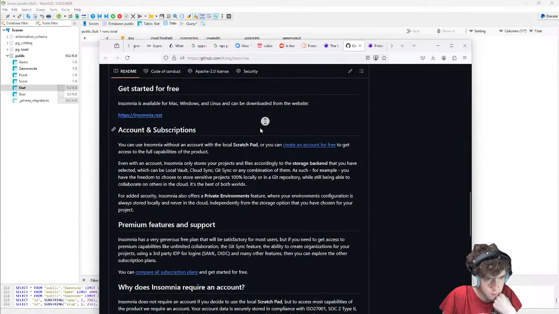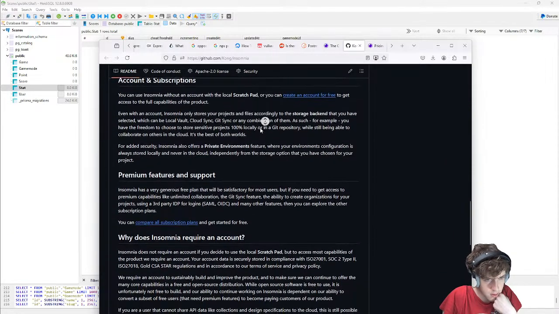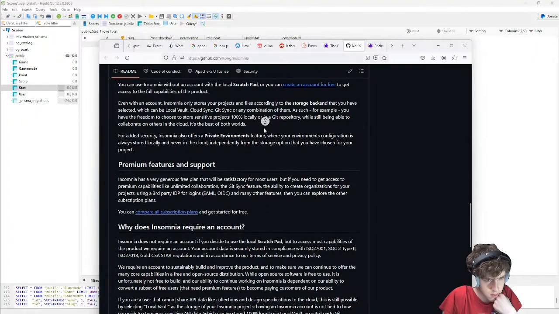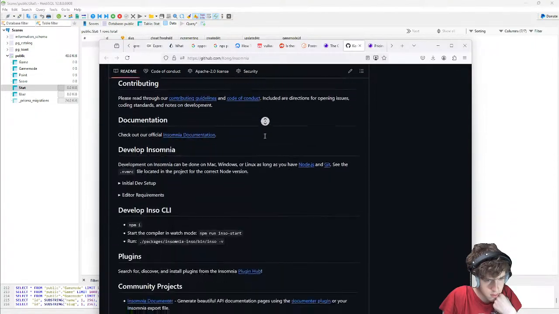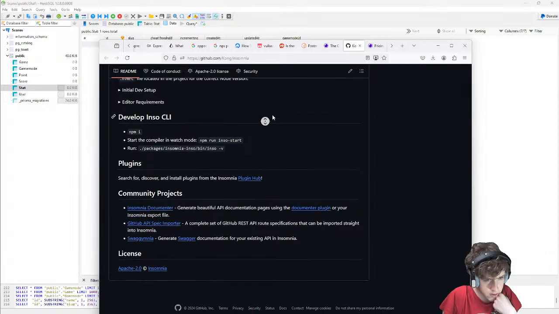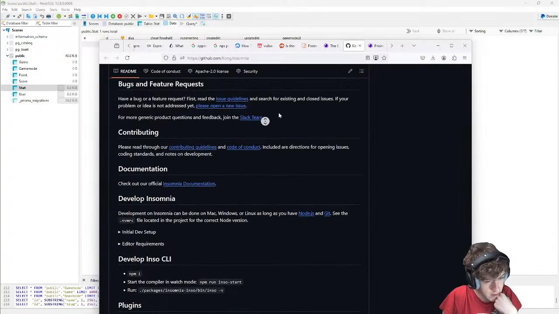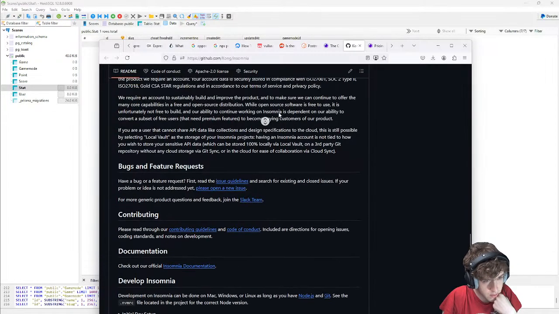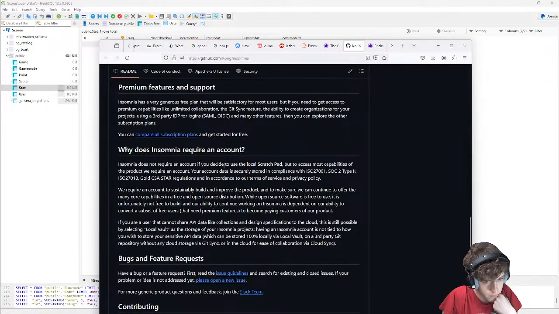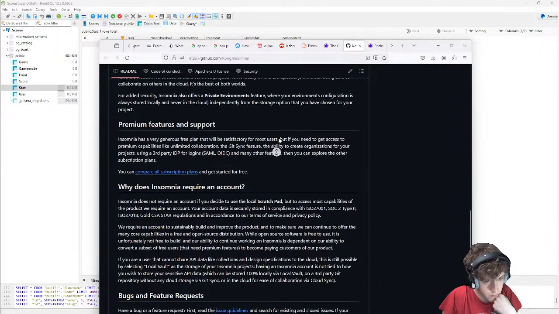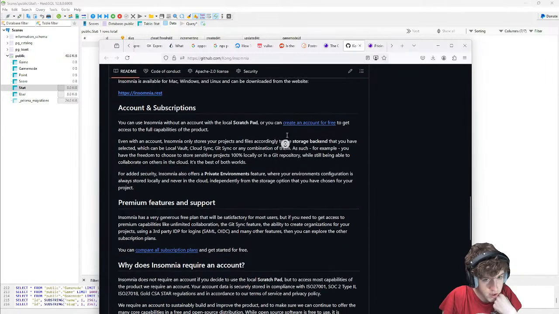Can we download from this website? So it's open source, but it's not free? That seems like a questionable decision.